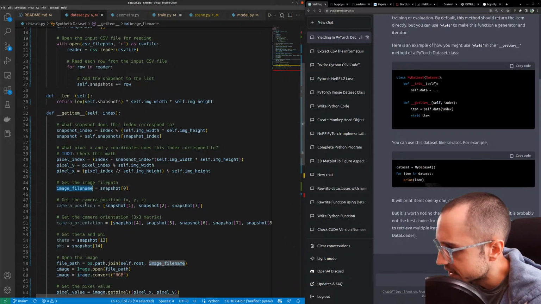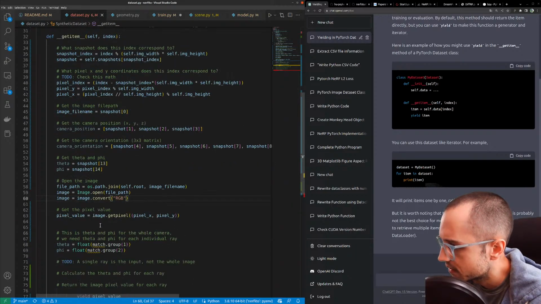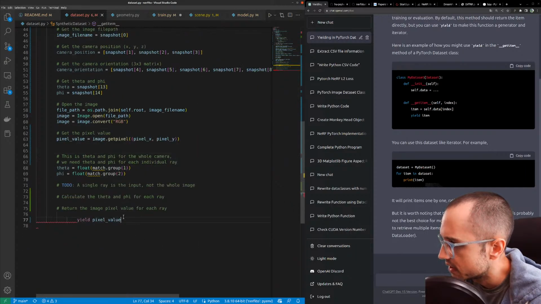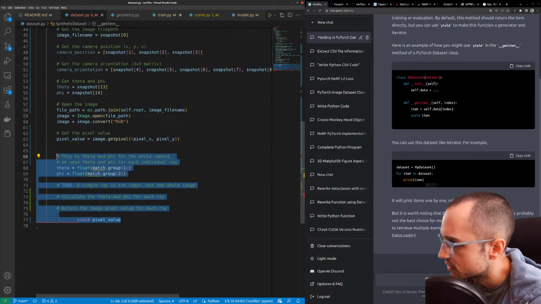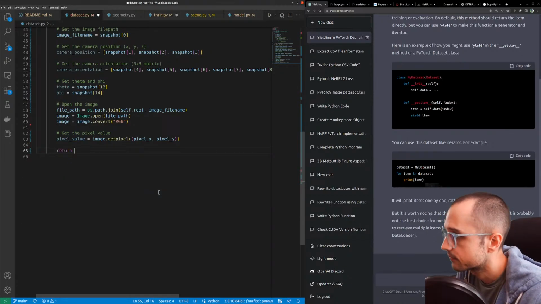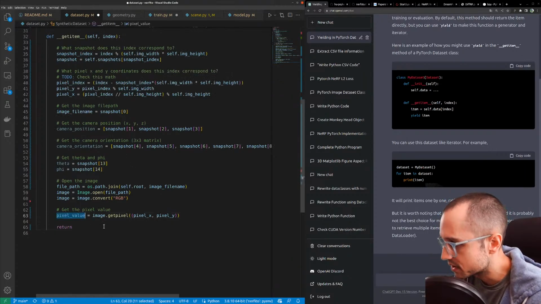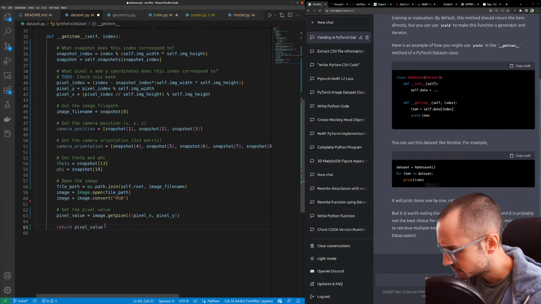Okay. But once you get those, you should have a pixel y, you should have x. You now have the image file name, you have the position, the camera, and the phi. You can open up the image, you get the actual pixel value because you have the x and y. And now we can return all of these. It's going to be a relatively crowded return value here. We have pixel value,